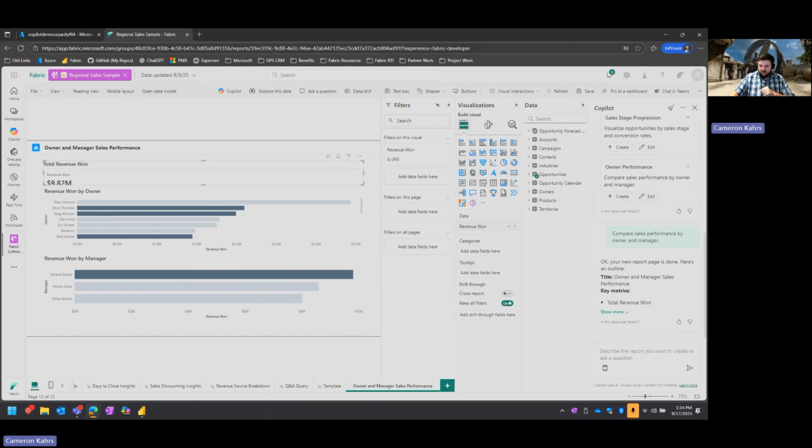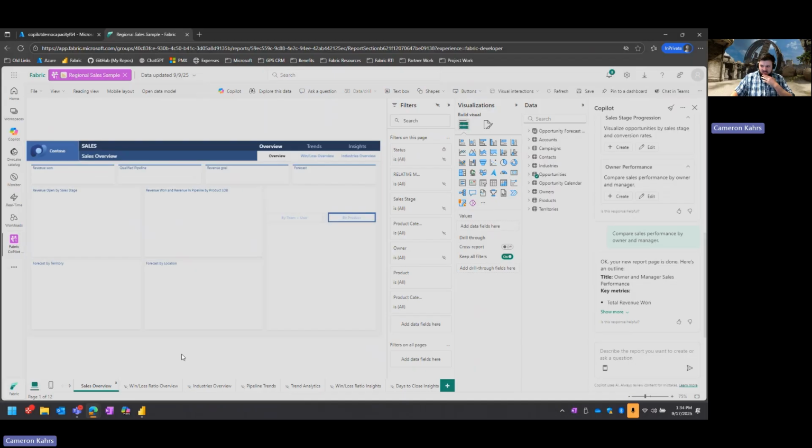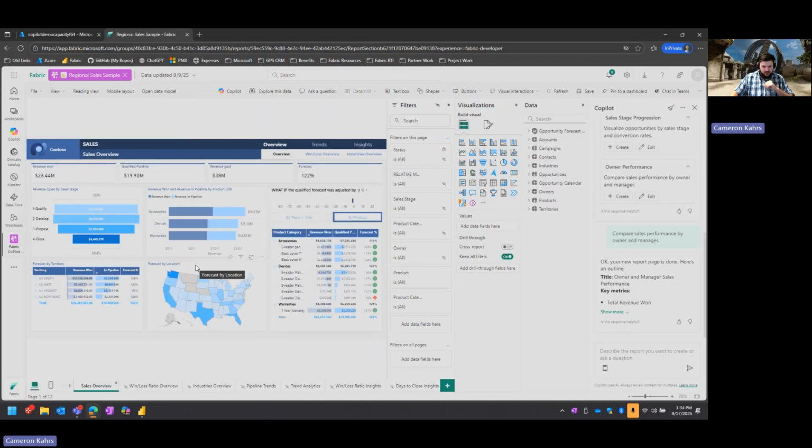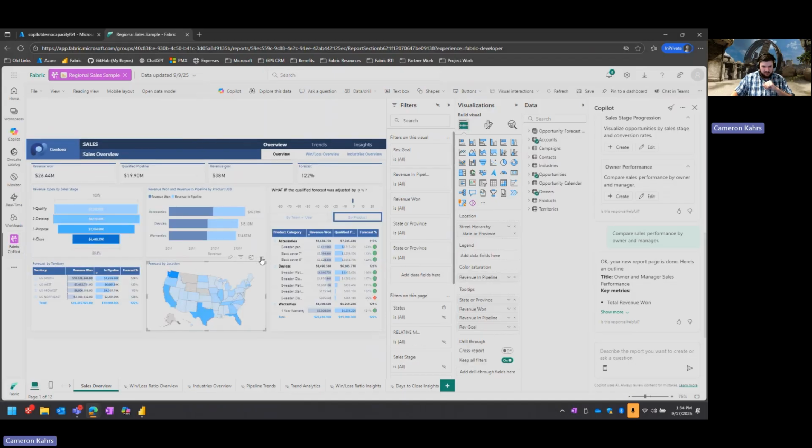And so a great thing to do is automatic report creation, whether it's just to get an idea, to stimulate some ideas for what you'd want to have on the report page, or to make something that you're going to be using in production. But let's flip back over to the sales overview page here, because another great thing that you can do is I'll delete this visual here,